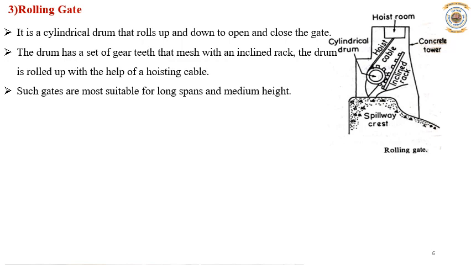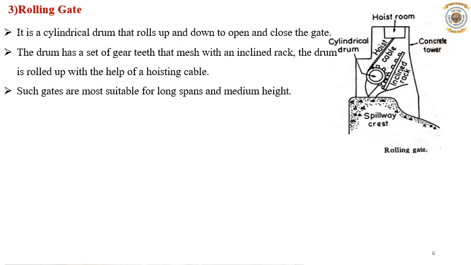The lower portion of the gate is a cylindrical segment, and it touches the spillway crest. The gate rolls on the rack when force is applied by means of hoisting cables. The operation of the gate is accomplished by rolling the cylindrical beam on inclined tracks through the wheels attached at both ends.